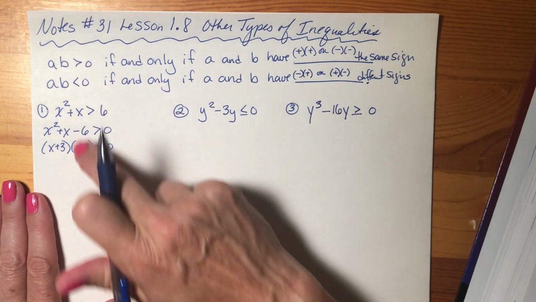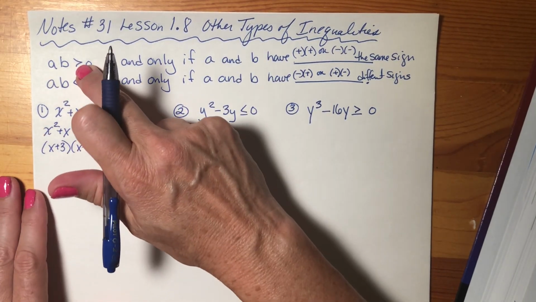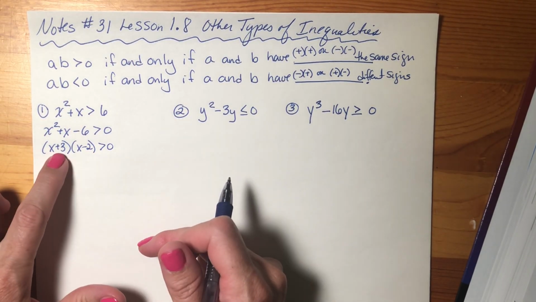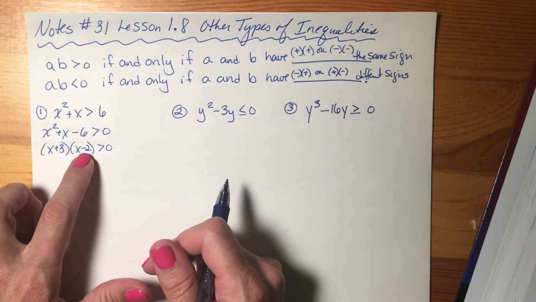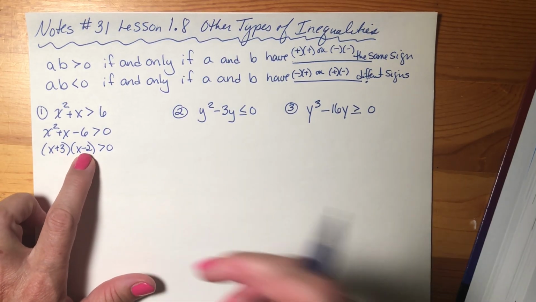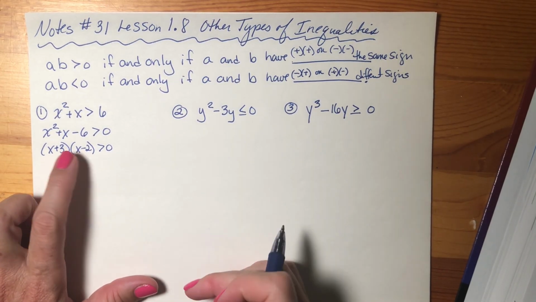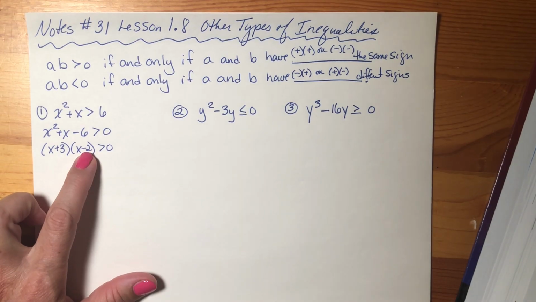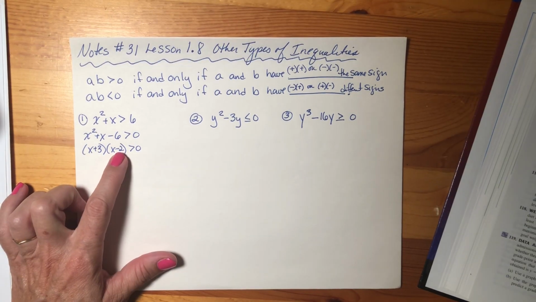Now, do you see the tie-in that I have up here with the a and b? So it would work if this term is positive and this term is positive, or this term is negative and this term is negative. Now, Ron does a really nice job in your textbook of explaining